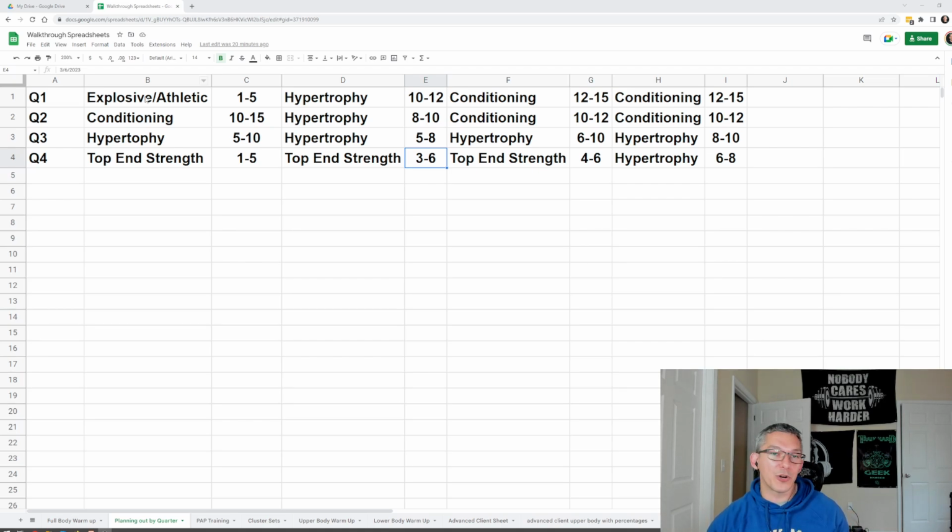You can have a little bit more jumping, a little bit more throwing for an explosive phase for your average clients. Even though they're doing sets of 8 to 12, they can still have a little bit more jumping, a little bit more throwing. And likewise for your average clients, you can have a little bit heavier. Instead of doing 8 to 12, you can do something like 8 to 10. So it is very adaptable. You don't necessarily have to dive into the details for most of your clients, but it is changeable for each person, and it allows you to get really granular with those advanced clients who do need those specific adaptations.